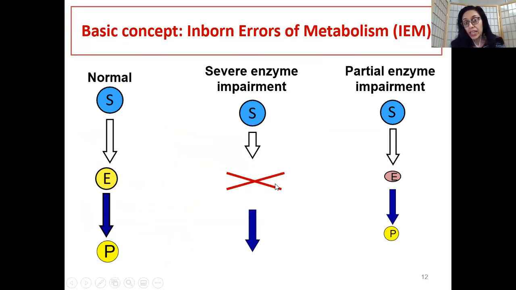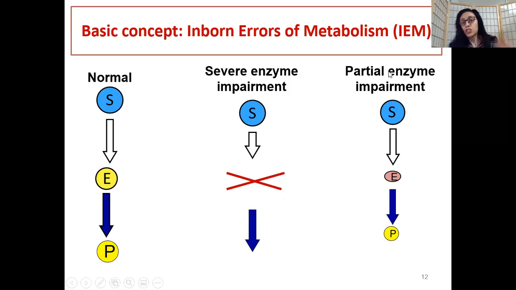Now on the second side, you have no enzyme and or cofactor. In this case, your phenylalanine is just floating in the blood and is not getting converted to tyrosine. Or else you can have a third condition in which you have a very, very limited amount of enzyme and or tetrahydrobiopterin, and therefore very little tyrosine is produced, and a lot of phenylalanine is still floating in the blood.